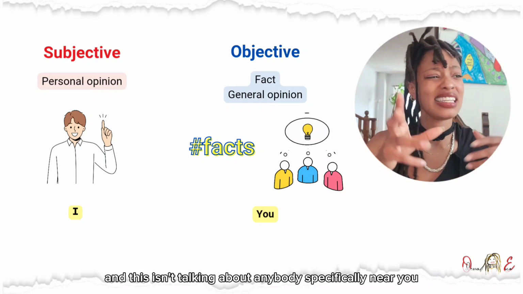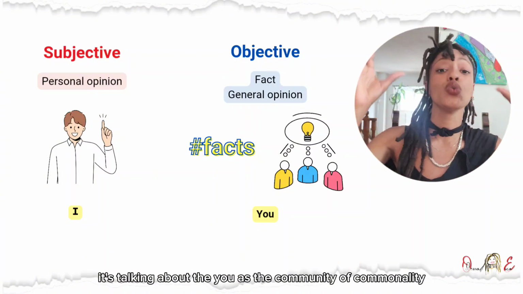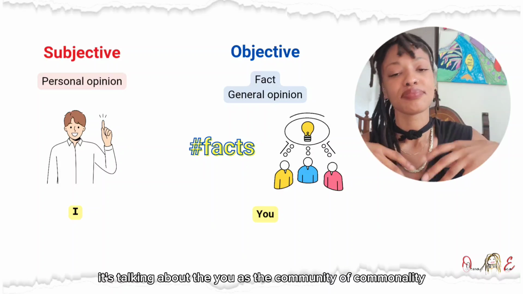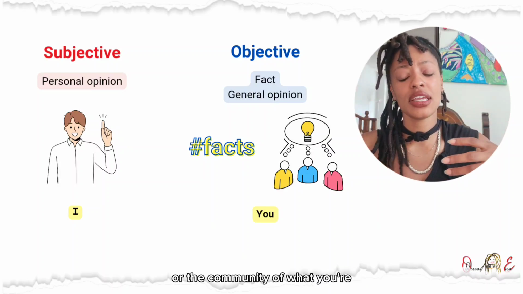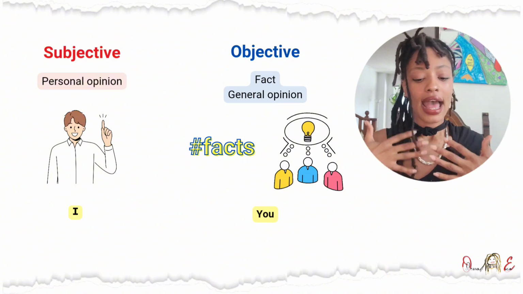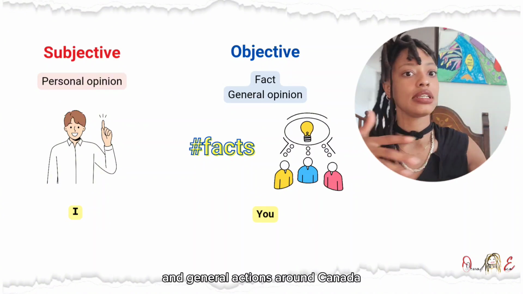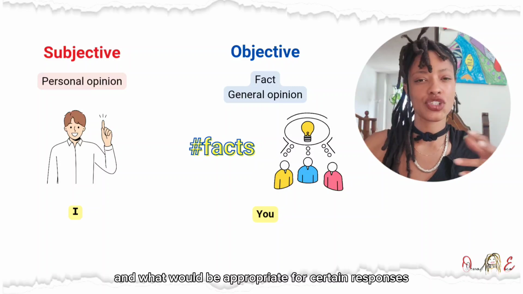And the you in this isn't talking about anybody specifically near you. It's talking about the you as the community of commonality or the community of where you're a part of, right? So what can you do? I would be referring to general people and general actions around Canada and what would be appropriate for certain responses